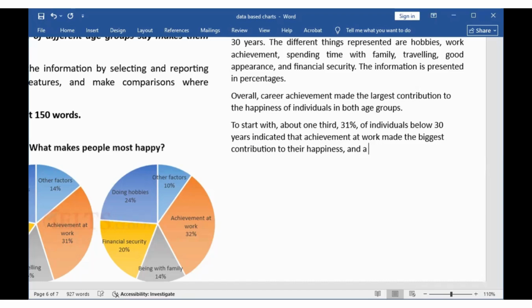And a similar fraction of 32% was reported